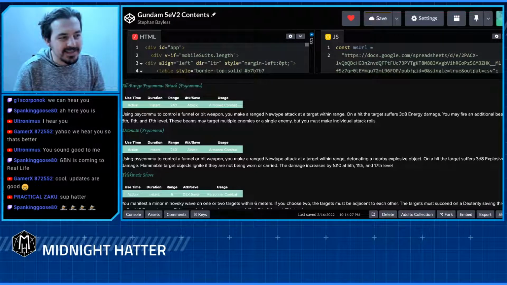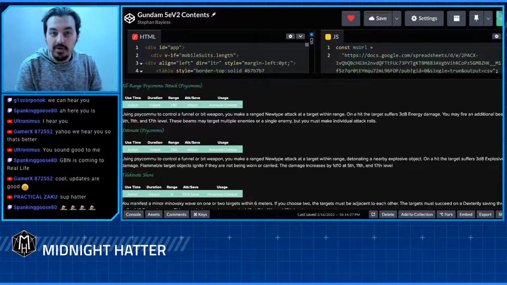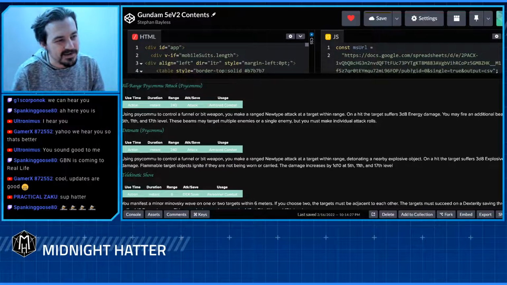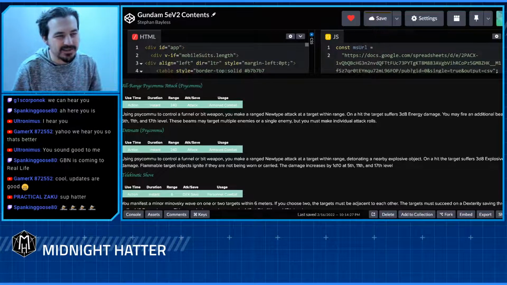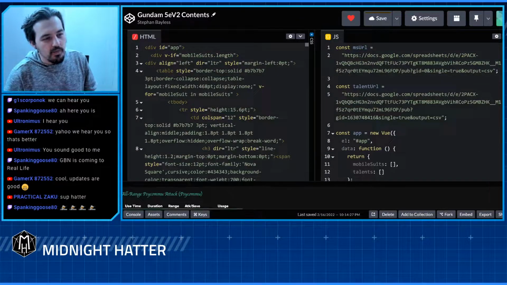It doesn't look exactly how I want it to look in the book, but what you're going to see is when I copy paste it, move it over, this is going to be formatted perfectly for the rule book, which is going to be awesome. So anyway, what we've got here,